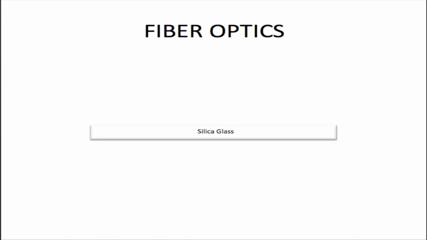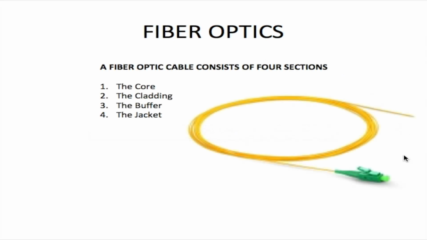In order to get a light signal from one point to another, we use silica glass to form our transmission path. Silica glass is the purest form of glass in existence. Okay, this is what a fiber optic cable physically looks like. You have an end connector connecting to that cable, which you would plug into the transmitter, let's say for instance, which is sending the light signal, and you have another connector like this on the other end